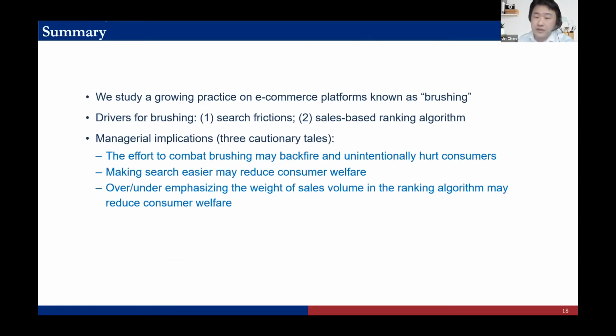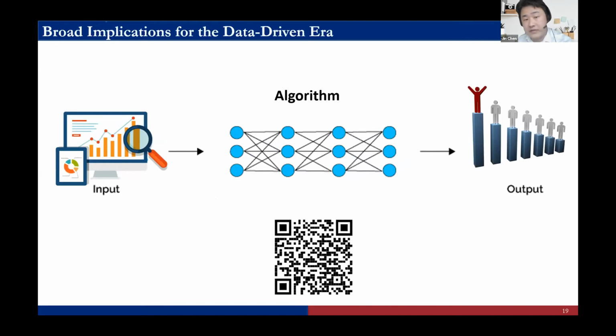In this paper, we tell 3 cautionary tales as the managerial implications. The effort to combat brushing may backfire and unintentionally hurt consumers. Making search easier may reduce consumer welfare. And over- and under-emphasizing the weight of the sales volume in the ranking algorithm may reduce consumer welfare as well. Now, the crux of this problem is that we're living in an era that is increasingly data-driven